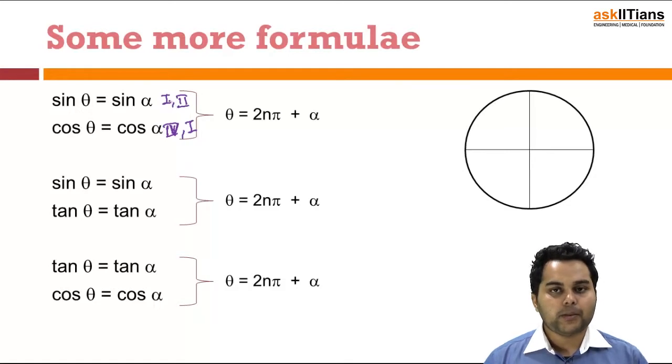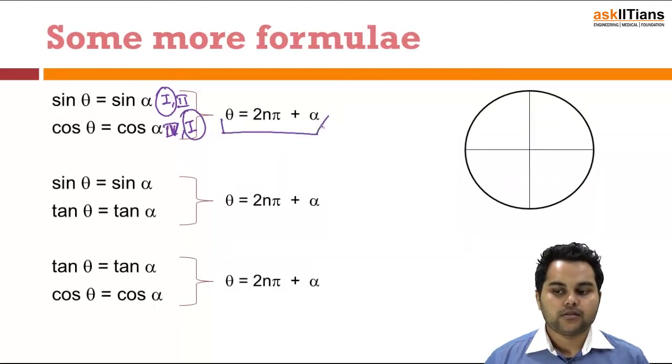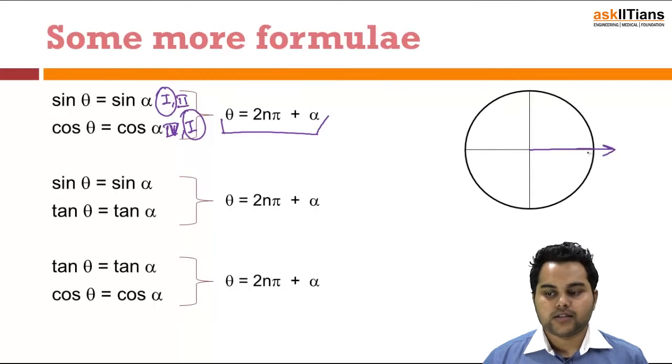These equations need to be solved simultaneously. So I need a region where both the regions overlap each other, and the common solution would lie in that region itself. If I compare the two regions, the first quadrant would give me the solution, and this is how the first quadrant is defined: 2n pi, that is along the 0 degree. It's an even multiple of pi. So for any integral value of n, 2n pi would lie along the 0 degree, plus alpha, that would surely be lying in the first quadrant.